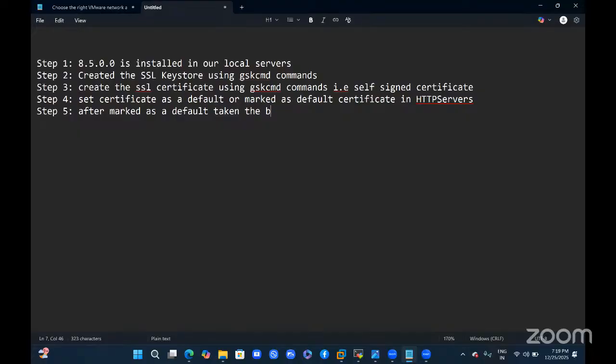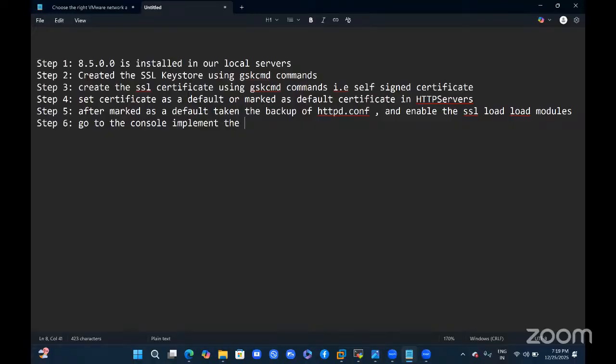take the backup of httpd.conf and enable the SSL load modules. Step 6, go to the console,